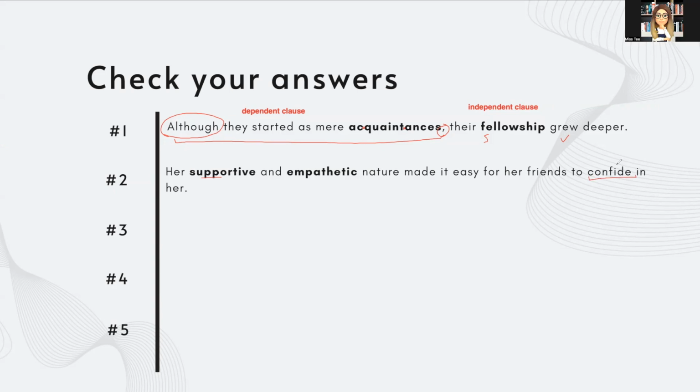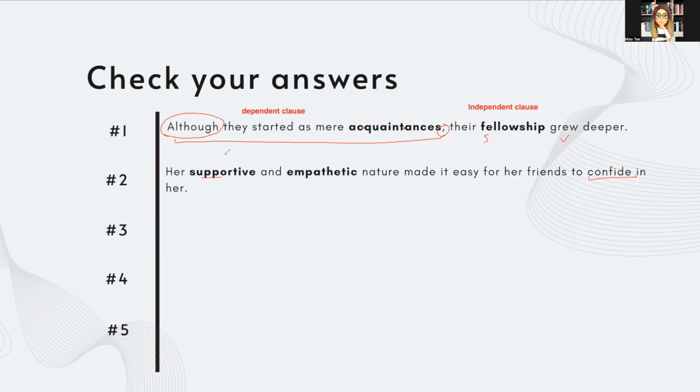But you might not know what it means. And when you confide in someone, it means that you're comfortable talking about your secrets or comfortable talking about private information and telling people how you truly feel about something. And you won't confide in just anyone. You'll only confide in people who you truly trust. So that's what this word means here.